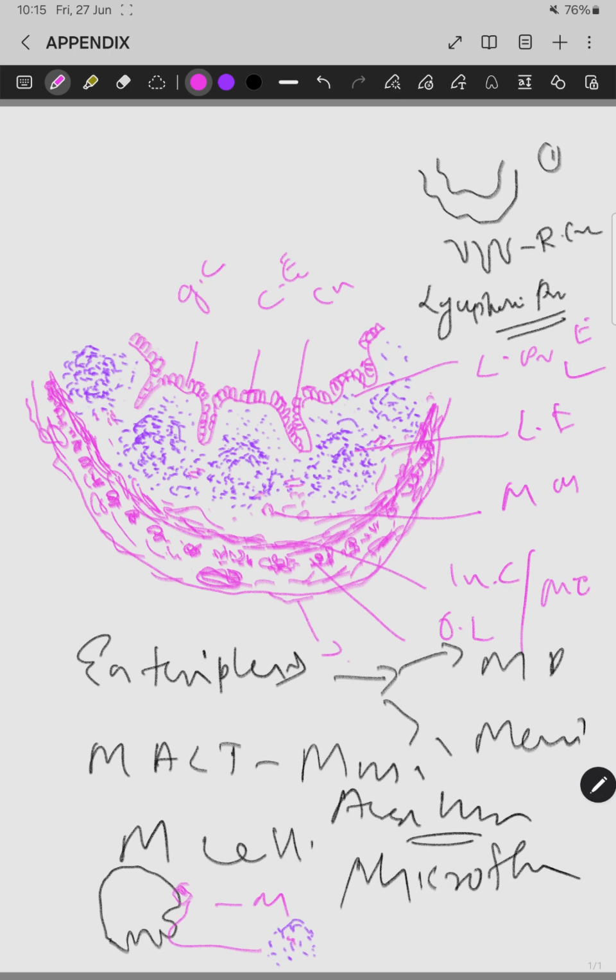So M cells you can add in any part of the small intestine, large intestine, and up to the appendix. Myenteric plexus and Meissner's plexus you can add anywhere in the GIT. So these are certain additional points you can add, and the term MALT you can include. These are some additional points you can remember without much effort and can give more marks. If you mention a term like MALT, that will definitely give you marks. That is about the histology of the GIT.